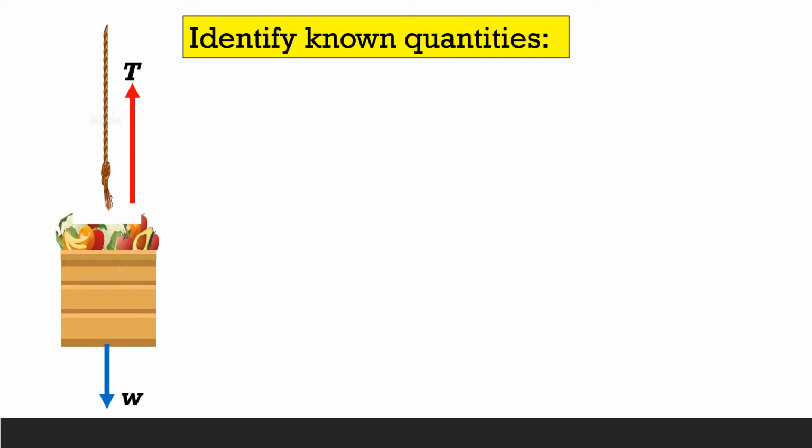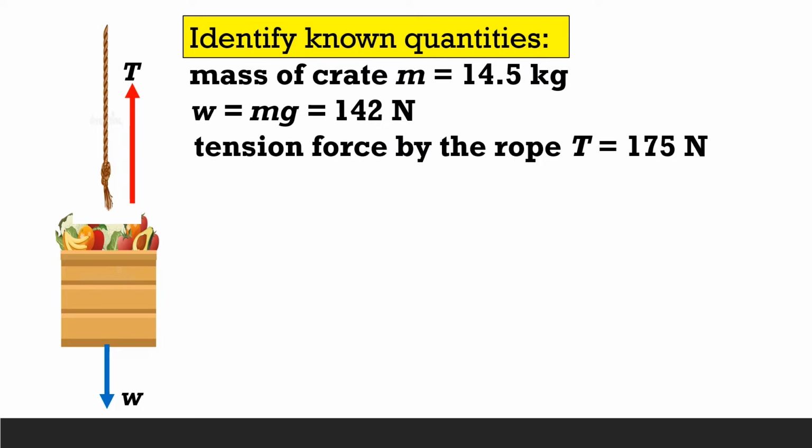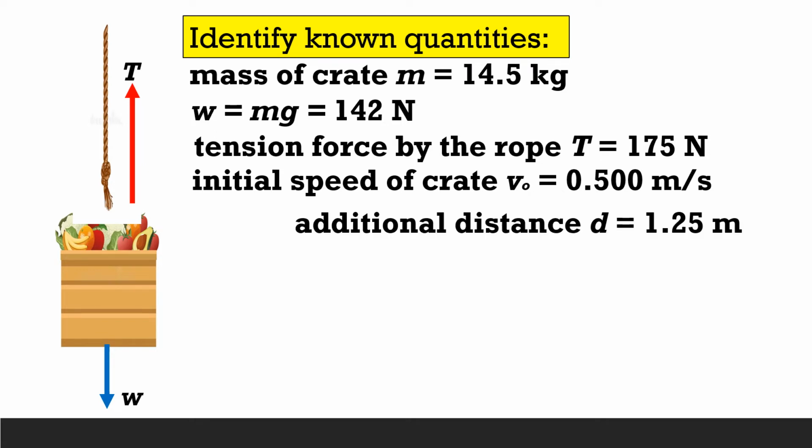Okay, what are the given quantities? So we have the mass of the crate, which is 14.5 kilograms. You also have the weight, which can be calculated by multiplying the mass by the acceleration due to gravity, and the weight that corresponds to the 14.5 kilogram mass is 142 newtons. Then, as shown in the drawing, the tension force exerted by the rope is equal to 175 newtons directed upward. The initial speed of the crate, V0, is equal to 0.5 meters per second,